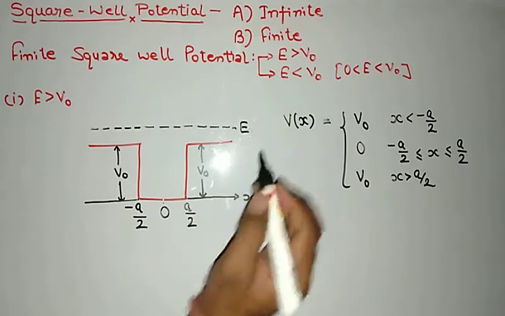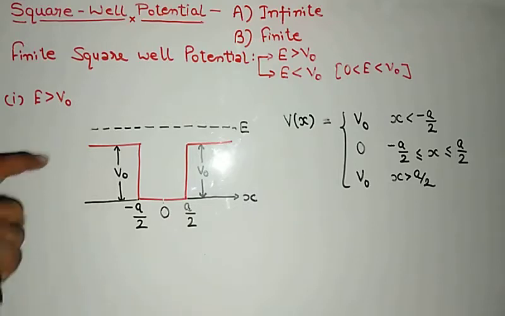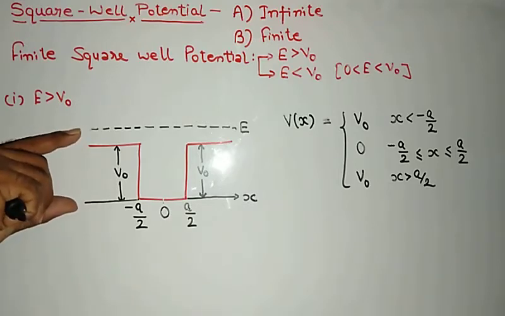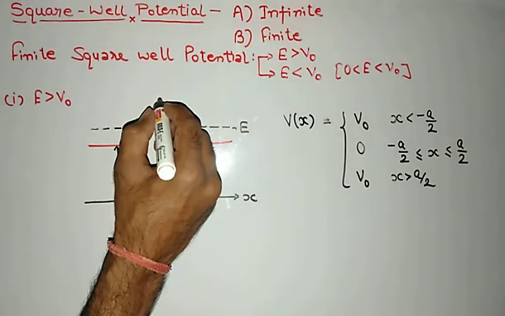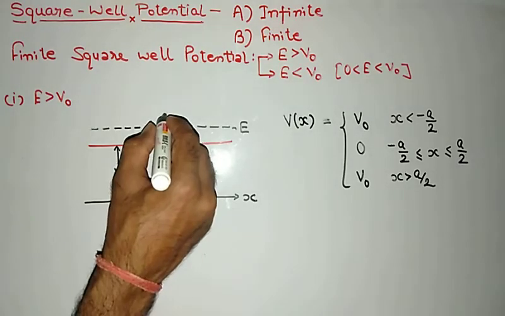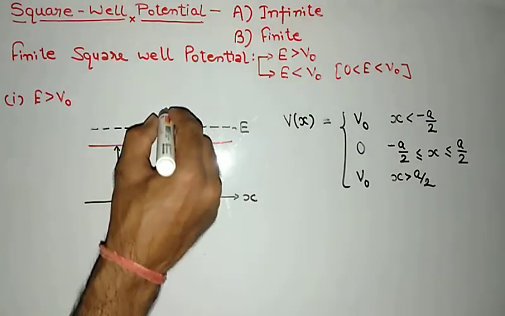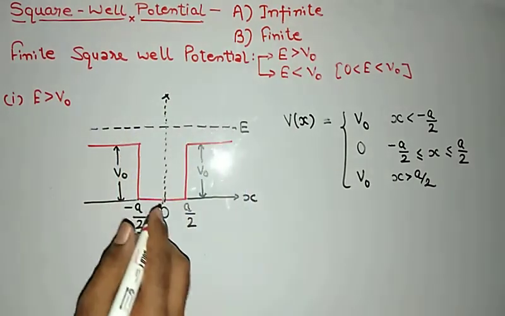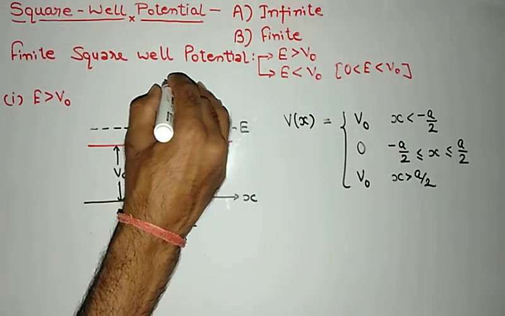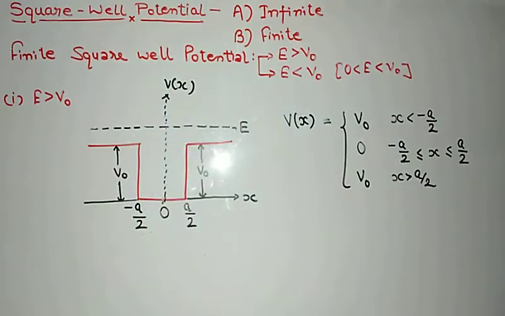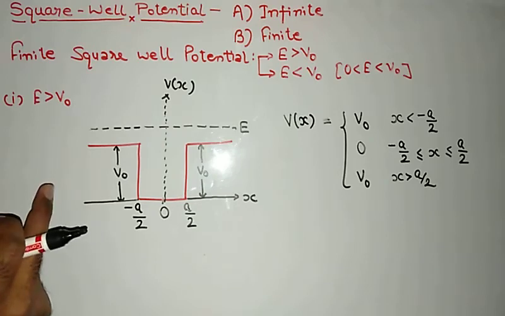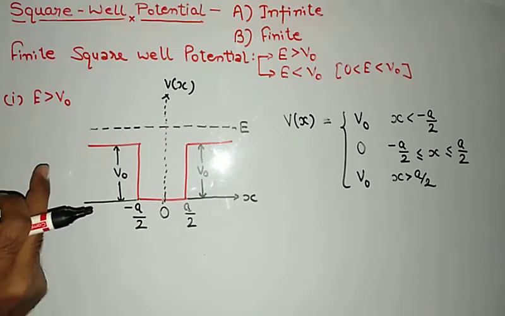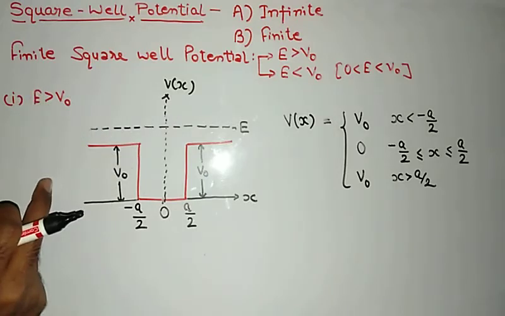This is E, energy of particle higher, potential lesser, condition first, and on 0 this is the axis for potential, so writing Vx. Now, when the particle is incident from the left side,